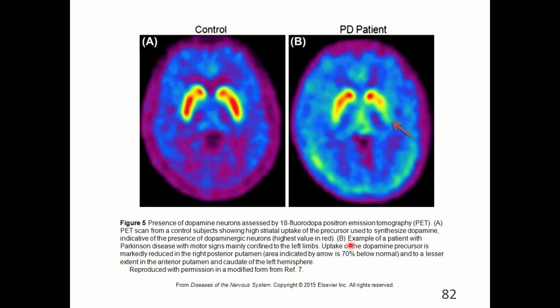In B, this is an example of a patient with Parkinson's disease with motor signs mainly confined to the left limbs. Uptake of the dopamine precursor is markedly reduced in the right posterior putamen. It's up to 70% below normal in the area indicated by the arrow. And it says that the motor signs are mainly confined to the left limb. So see how it's the right substantia nigra that is affected? And so it will be the left limbs that are going to show signs of that. They're going to be paralyzed,